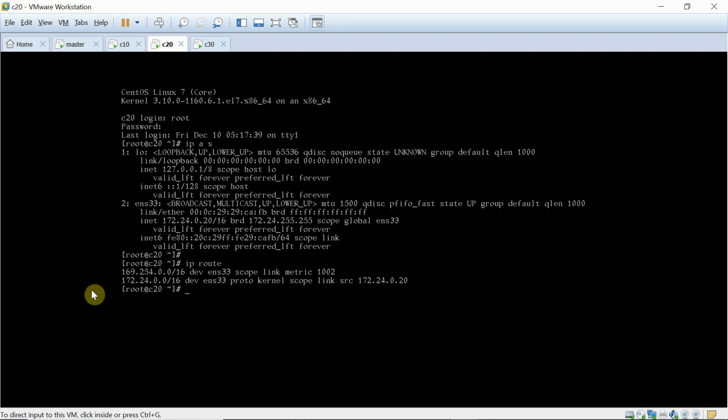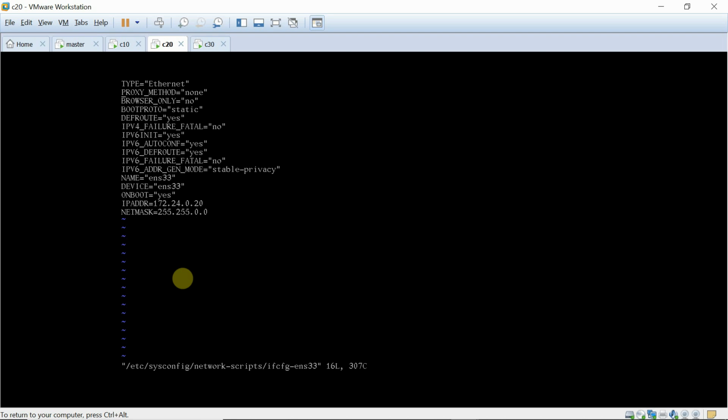So we have to specify it. We are going to change the interface file. We will open that file, /etc/sysconfig/network-scripts/ifcfg-ens33, and we are going to make one change.